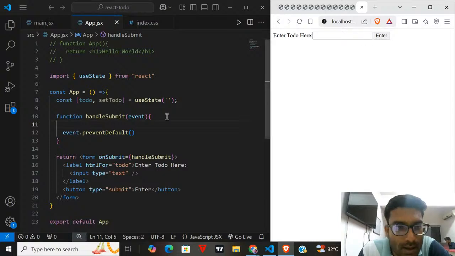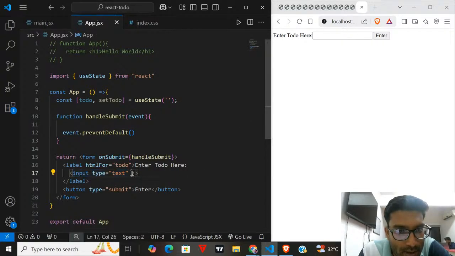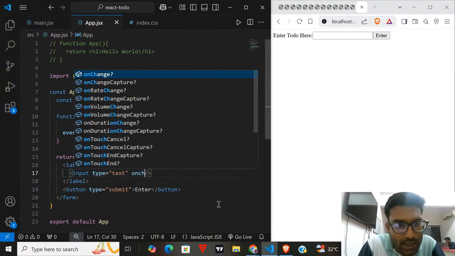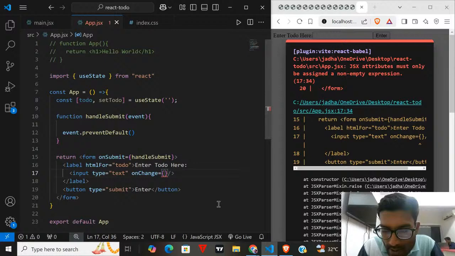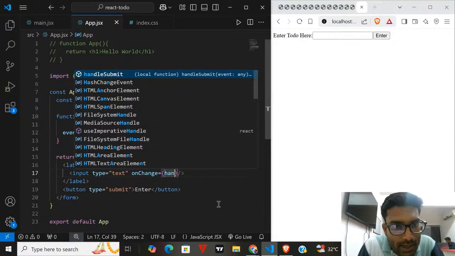Okay, now we need to set the to do, right? So here in this function, we need some value. We need the value of this input. So in the input, we can give an onChange attribute. Whenever the input is changed, we need to handle the change.